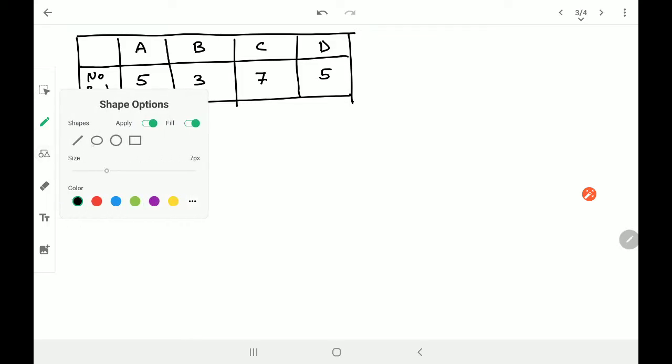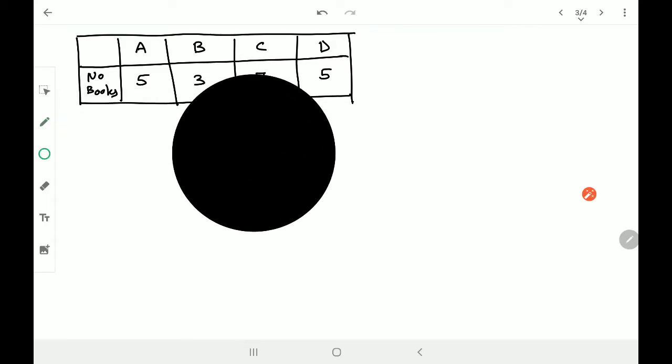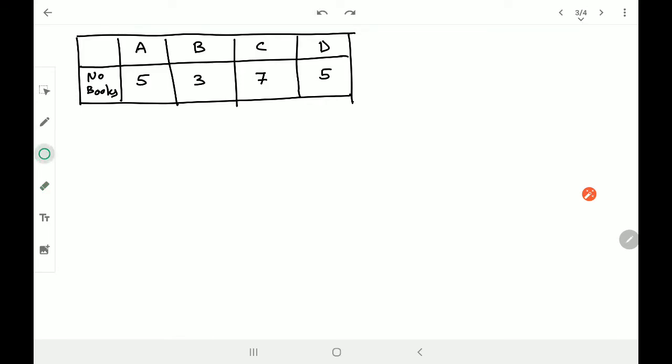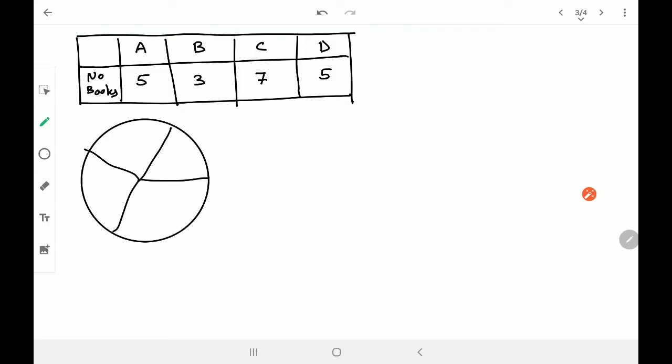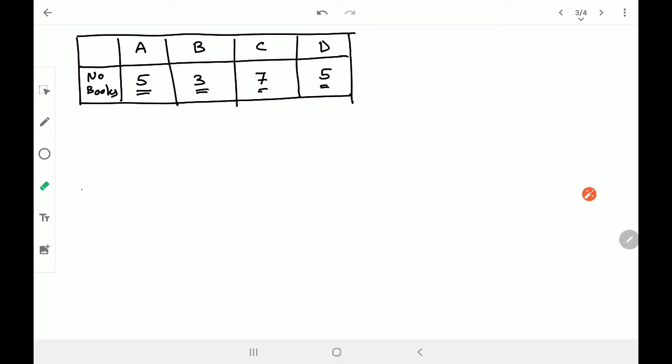So you know that pie chart means I have to draw a circle. Just a minute. Okay, I have to draw a circle, and in the circle I have to draw sectors that will represent the given information. But aren't these sectors supposed to be in proportion with the values here? They are supposed to be in proportion with the values. So that's the problem when we draw the pie chart. So let us see what we can do. How can we do this?